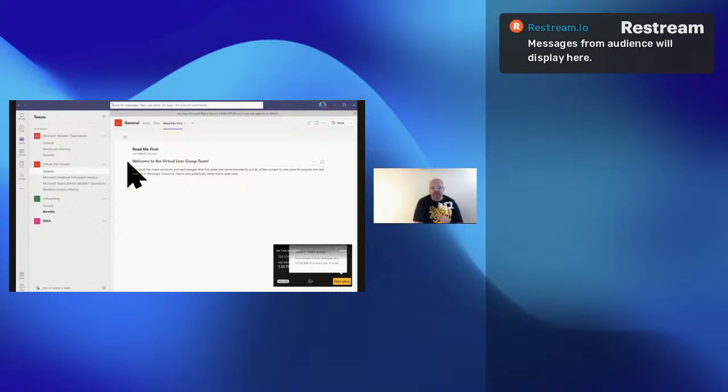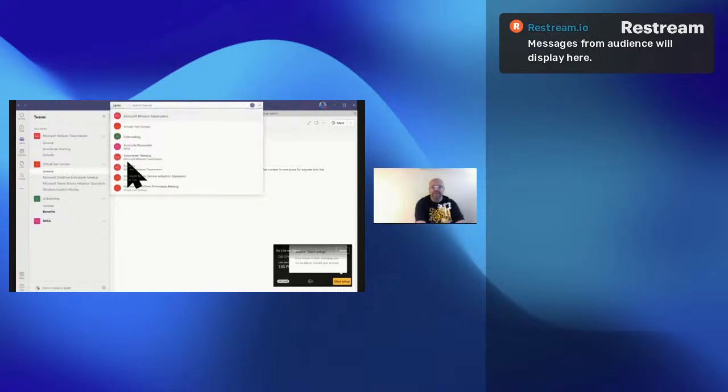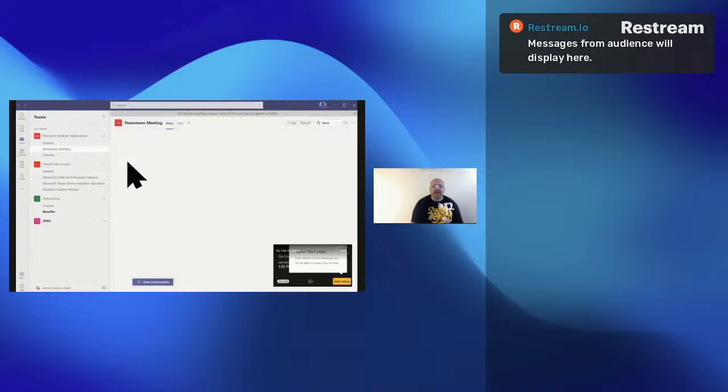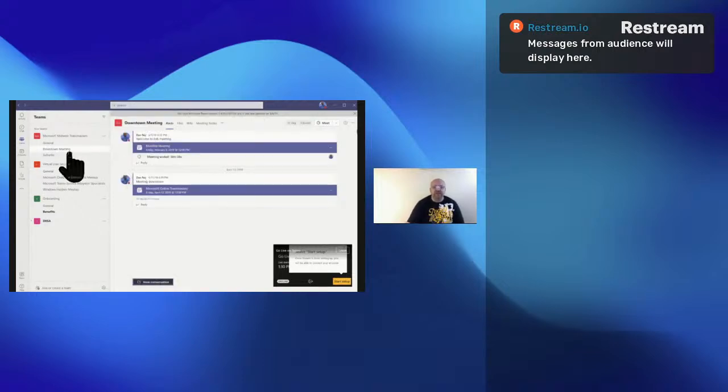So as long as we all agree that we should have a downtown meeting folder, because Microsoft Midwest Toastmasters alternated our meetings when we were in person from the downtown Chicago office to the Chicago suburban office, it's as easy as me hitting Control G and typing a little bit of downtown to navigate wherever I am within Teams up to my downtown meeting channel within Microsoft Midwest Toastmasters.